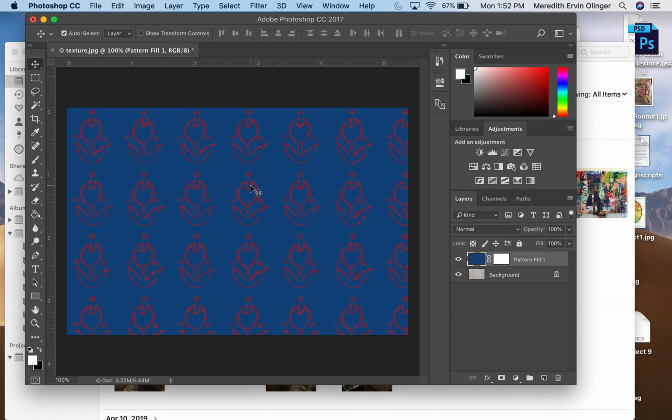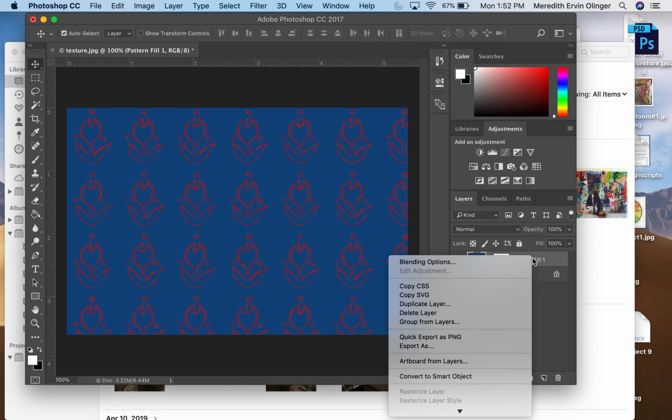It's already kind of shifted this pattern into being, see these kind of squiggly lines? It's shifted it into the texture of the image that we displaced it to, okay? Now, obviously this isn't good enough. We need to play with this a little bit. So we can adjust how much it displaces. So let's go to our layer, right click it, double click it,